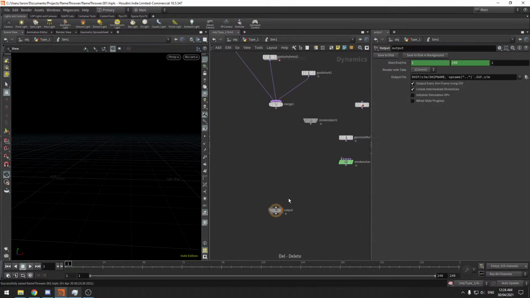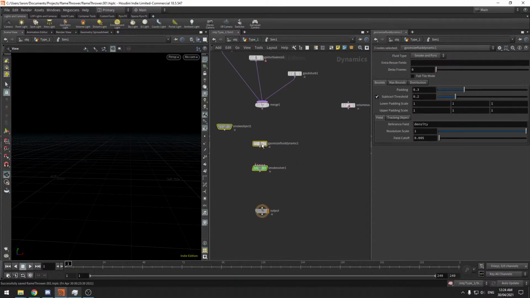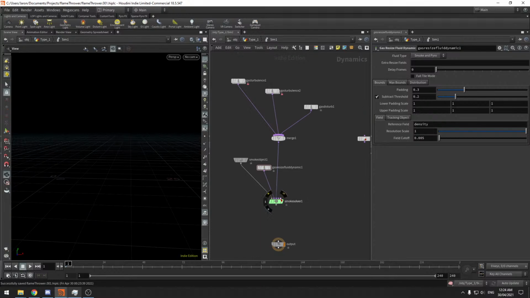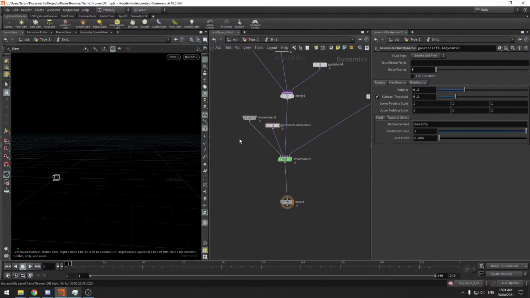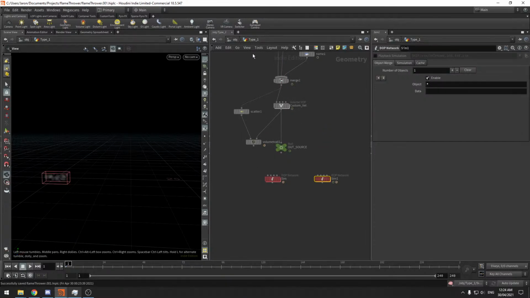I'm going to get rid of these. I'm going to plug these all in. The gas turbulence goes into velocity update, and then we go into the sourcing. Just plug it in there. And we can see that it's not quite working just yet. So what I'm going to do